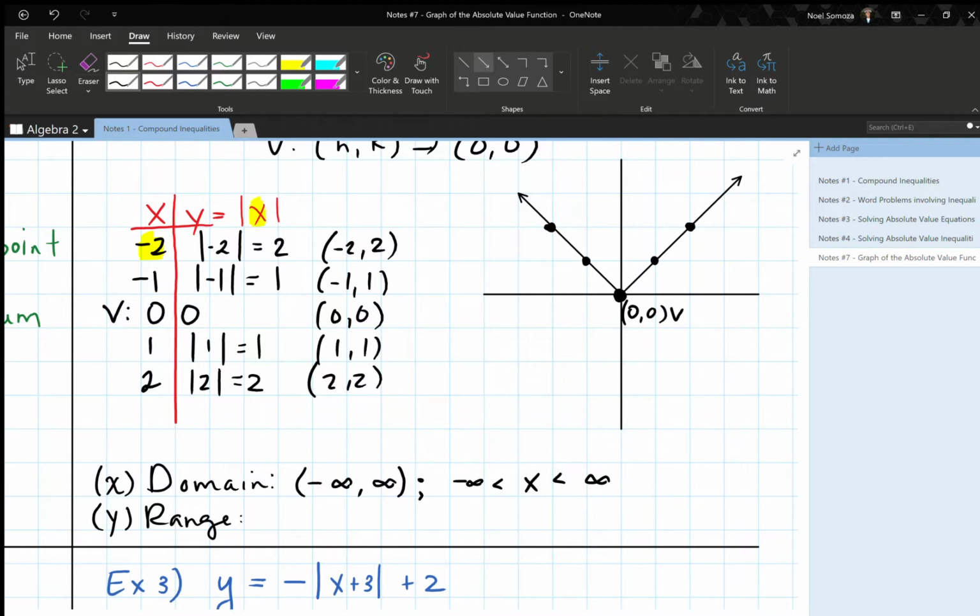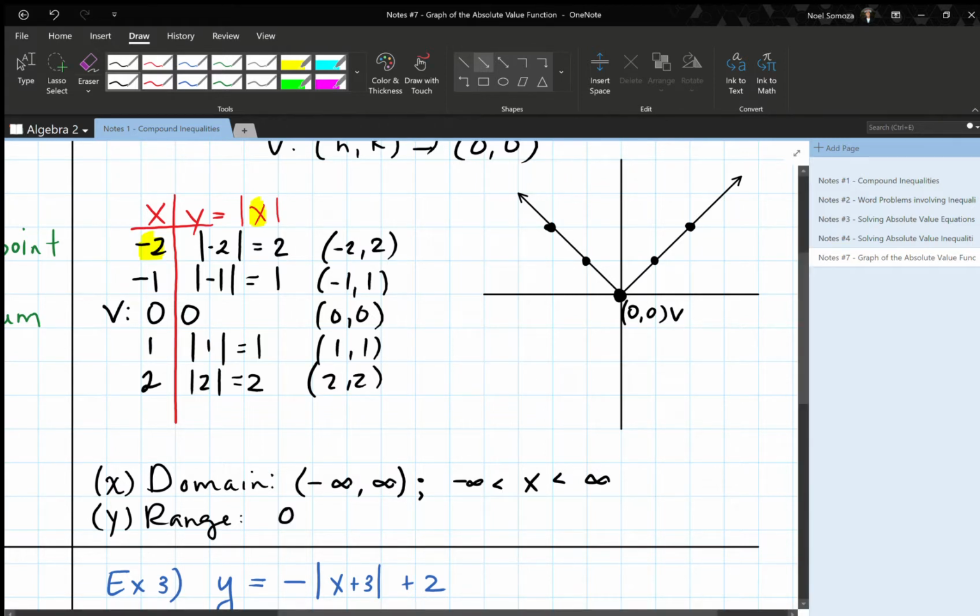The range will change every time, okay? The range will change almost every single time. So range is looking at y values, but instead of left to right, it's looking from bottom to top, lowest to highest. So on my range, what's the lowest y value that I see here on this graph? It's 0, okay? So don't get confused here. You're looking for y value, this one, not this one. The x can change, it'll shift around. I want to know what's the lowest value, so I'm looking for 0 on my y value, okay? So then 0 is the lowest,